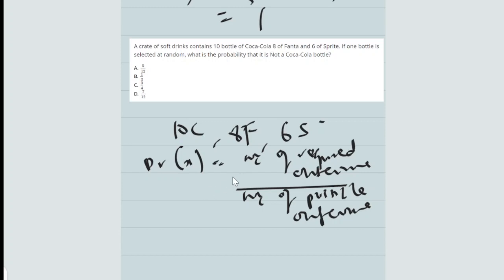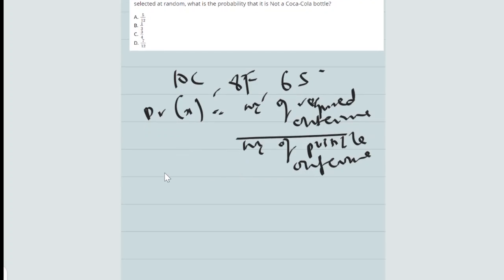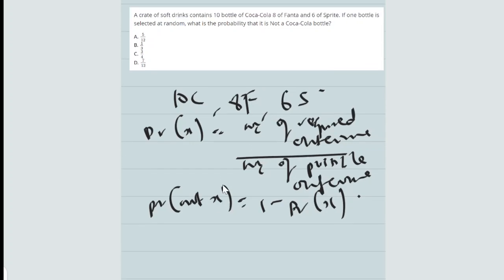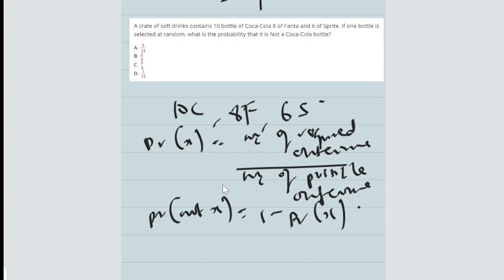Now, our required outcome, that is when you select a bottle at random, what is the probability that it is not a Coca-Cola? What you must note is that the probability of not X is the same thing as 1 minus the probability of X. I hope you understand now. So it means you can solve this question in 2 ways. You can apply the second formula I've just written,